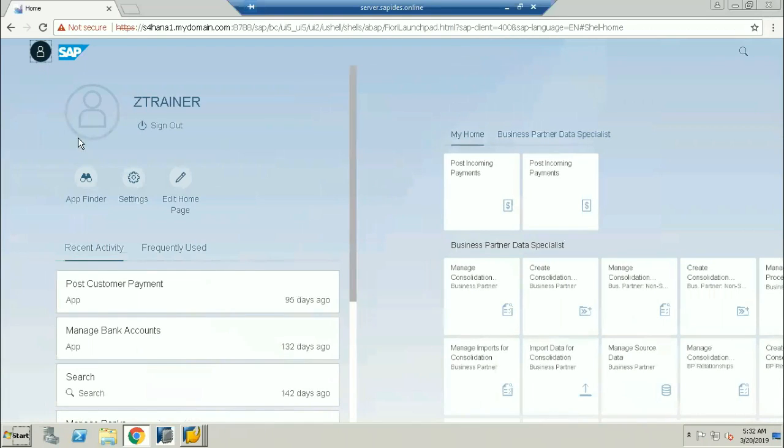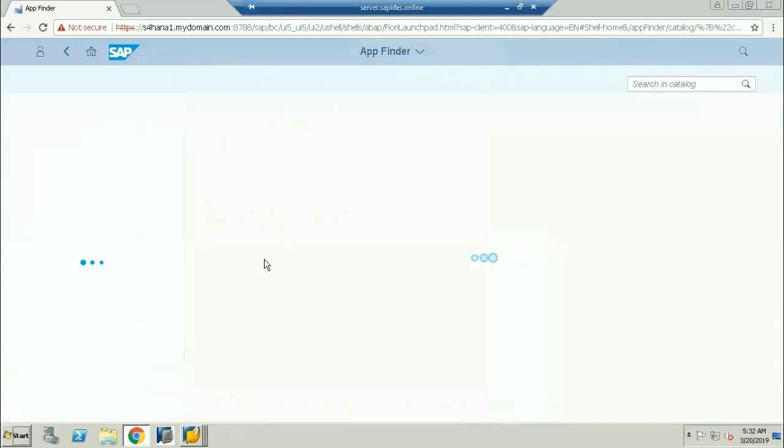Now I'll go here, and if I click on the app finder, this is called the app finder. I just want to look for the app called Manage Bank Account.